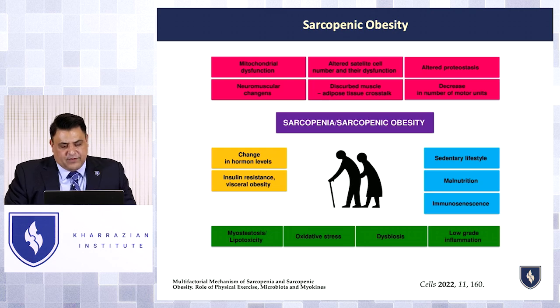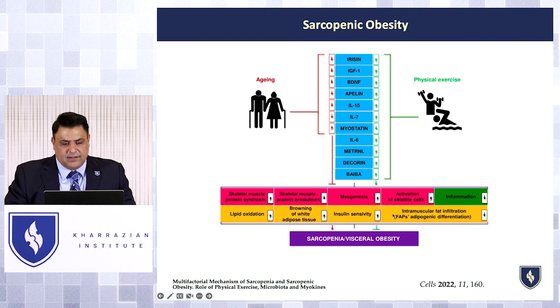And this is just a paper if you had a chance to read on your own. But it just goes into sarcopenic obesity and how all these things impact the mechanism of aging and oxidative stress and inflammation. And the way you change all these things is by physical exercise. And the muscles themselves release myokines. These are different myokines that go down when you stop moving. These are myokines that go up when you exercise. And then these myokines have an impact throughout the body and all different tissues.